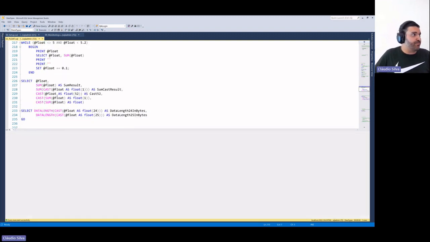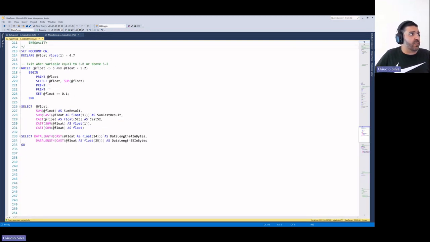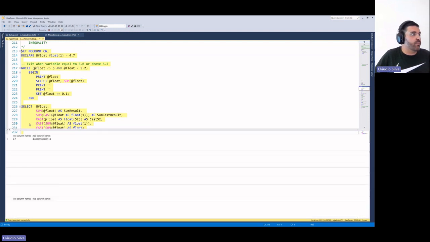Here is another example. I run a while loop that iterates adding 0.1 on top of 4.7, and I say I want to stop the loop either when I reach the number 5 or when I reach something bigger than 5.2.